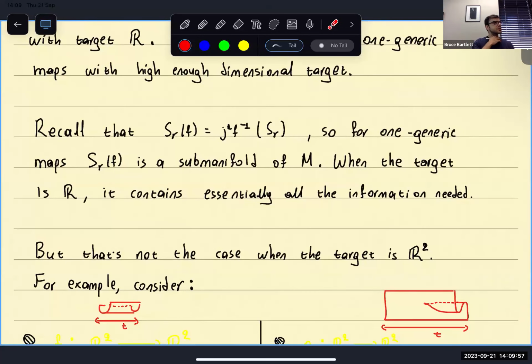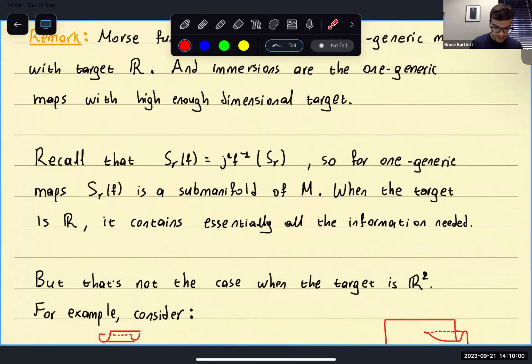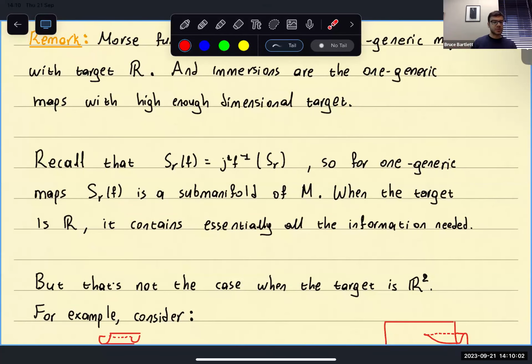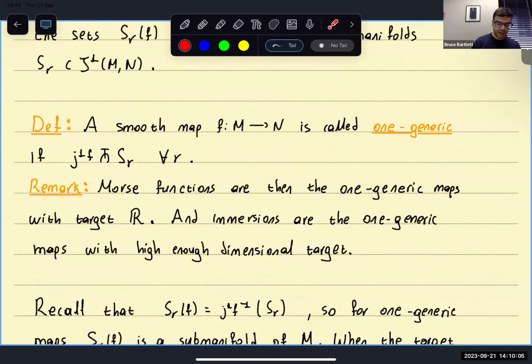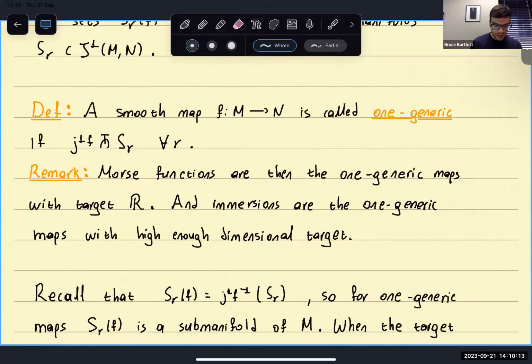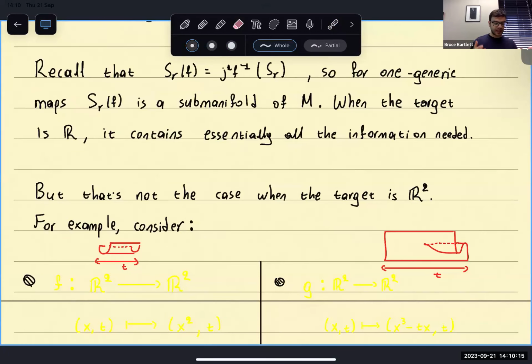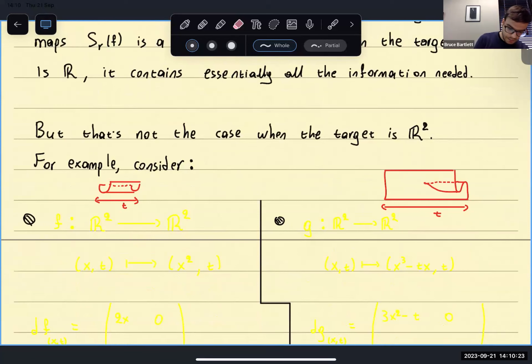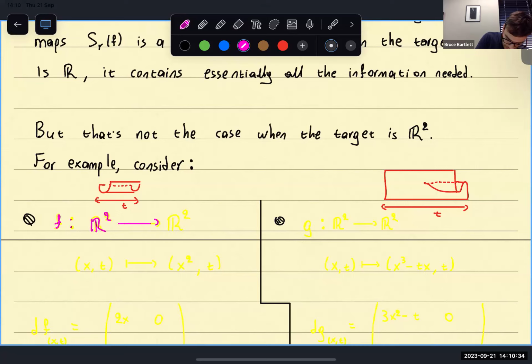Yeah, I just want to wrap up. So I said that if the target is one-dimensional, then being 1-generic, having this transversality condition, would completely determine what types of singularities I have. But I'm just about to give an example for why this is no longer going to be good enough if the target is the plane. So here are two maps. Let's start with one map from the plane to the plane, from R^2 to R^2,